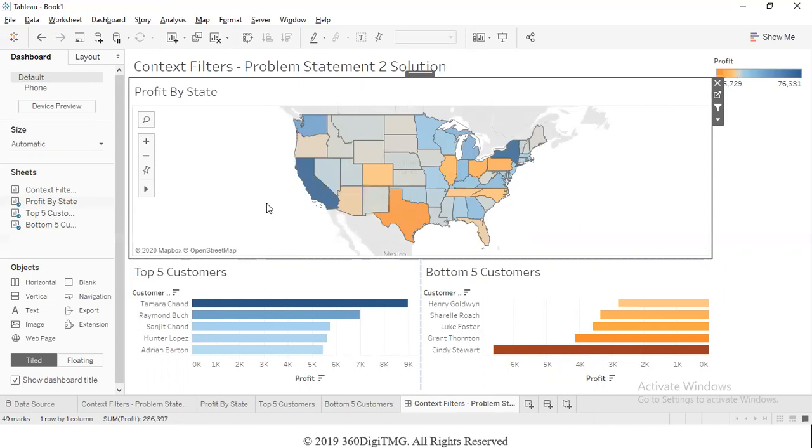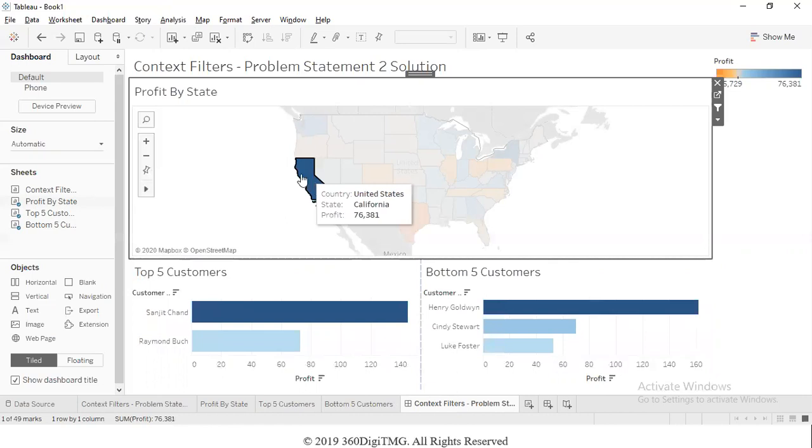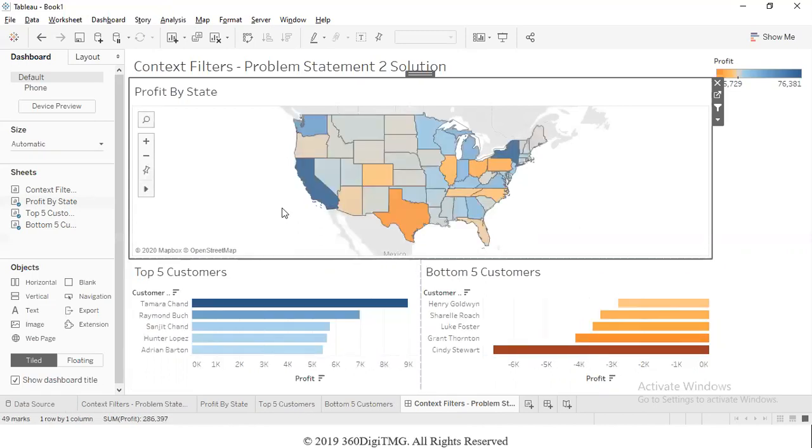Why the state filter? Because we first want to fetch the data for the state and then look at the top 5 customers of that state or the bottom 5 customers from that state. So the state filter is supposed to take precedence. It is supposed to get applied before any other filters.